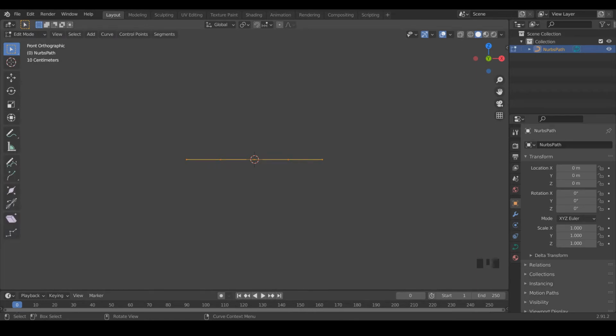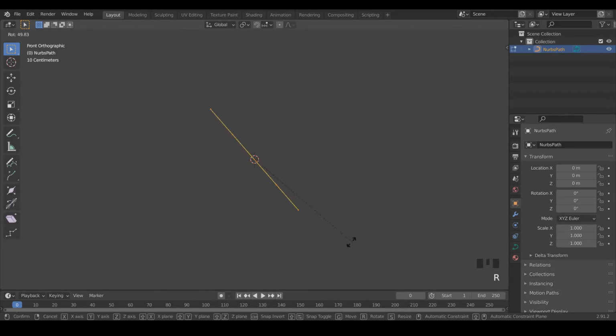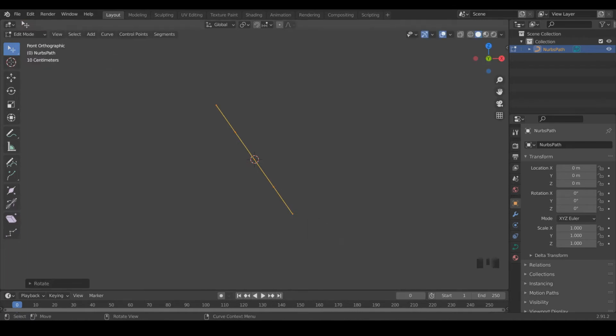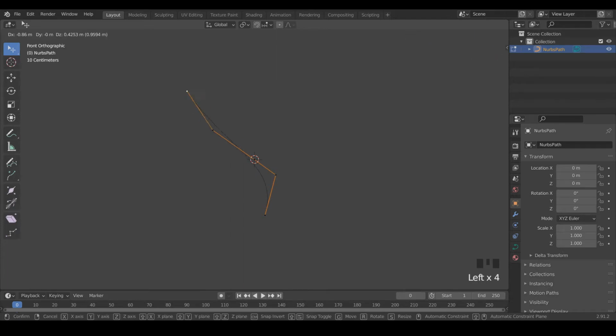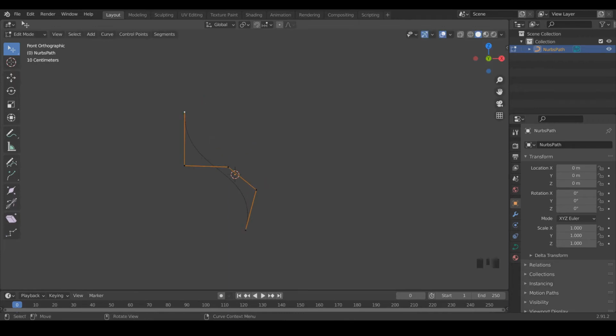And then with everything selected, I'm going to hit R and just rotate this out a little bit. Now grabbing the tweak feature with select, I'm just going to start moving this curve into the general area that I want it to be. And with this uppermost vertice, I'm going to grab it and hit E on our keyboard to just extrude it along the path like we had in our example sketch.